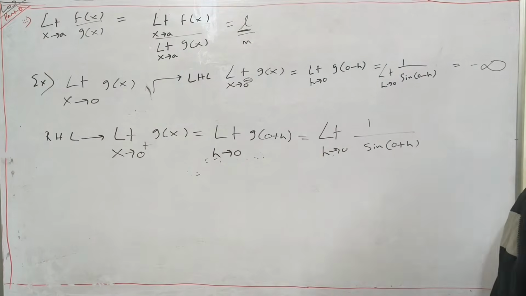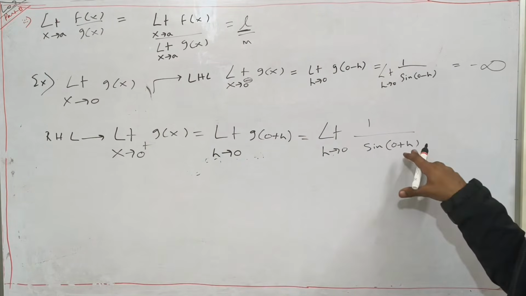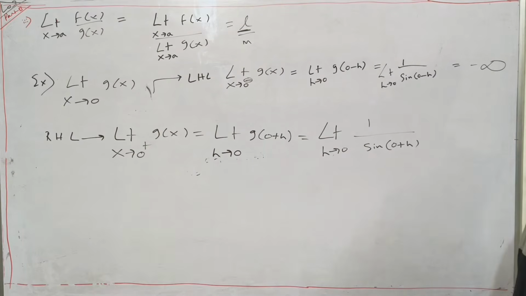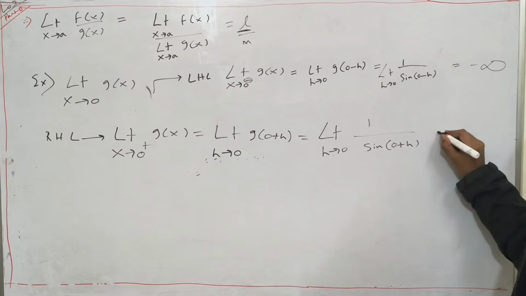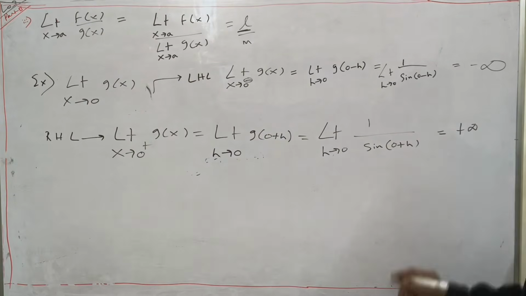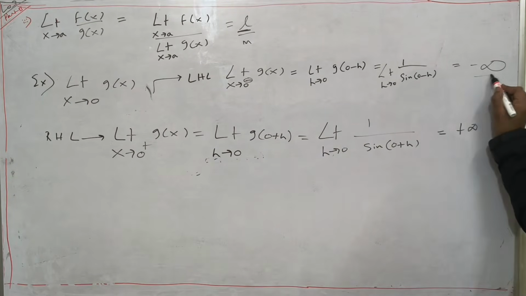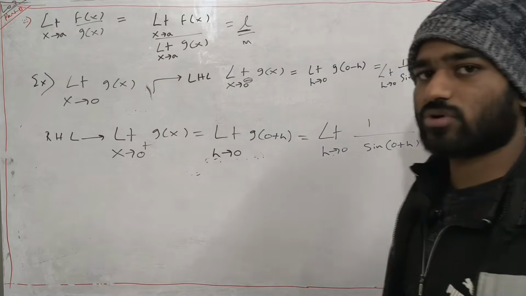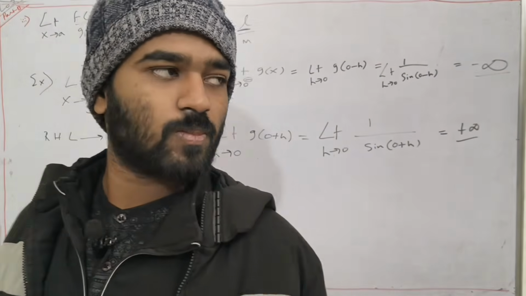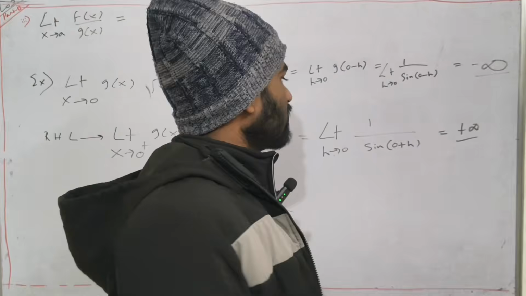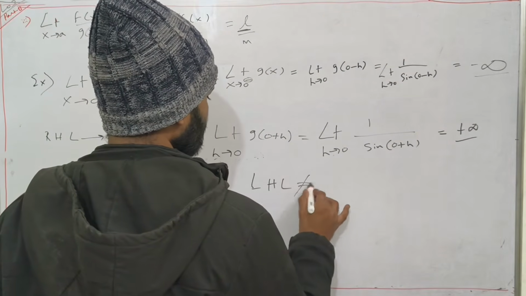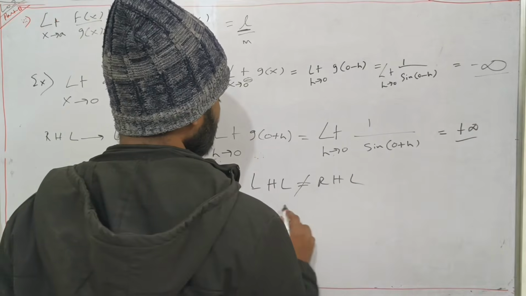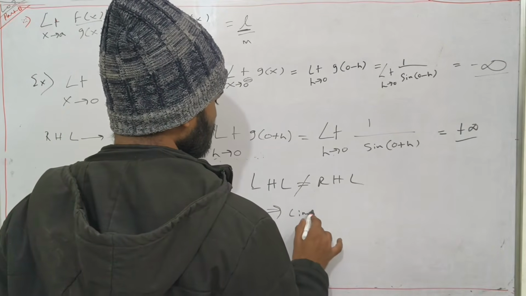As h tends to 0, this sine h tends to plus 0, and 1 by sine h tends to plus infinity, okay. Left hand limit we got minus infinity, right hand limit we got plus infinity, and what you can say, अच्छा, left hand limit is not equals to right hand limit, so implies limit does not exist, ठीक है,